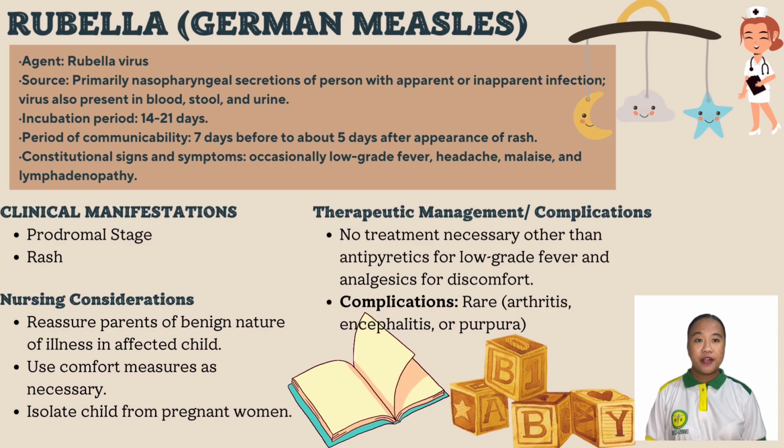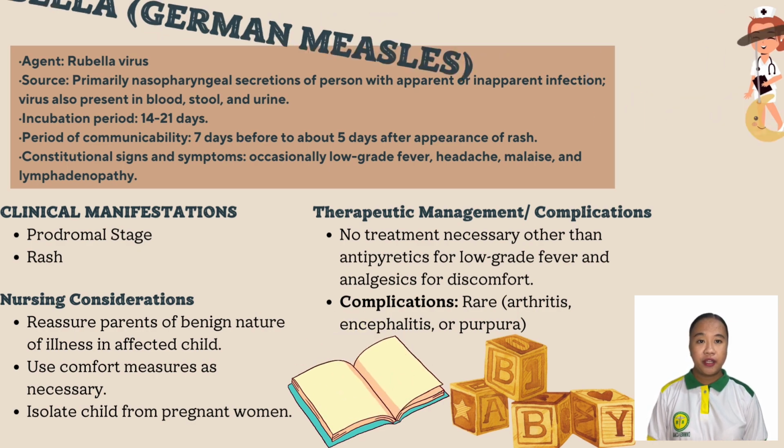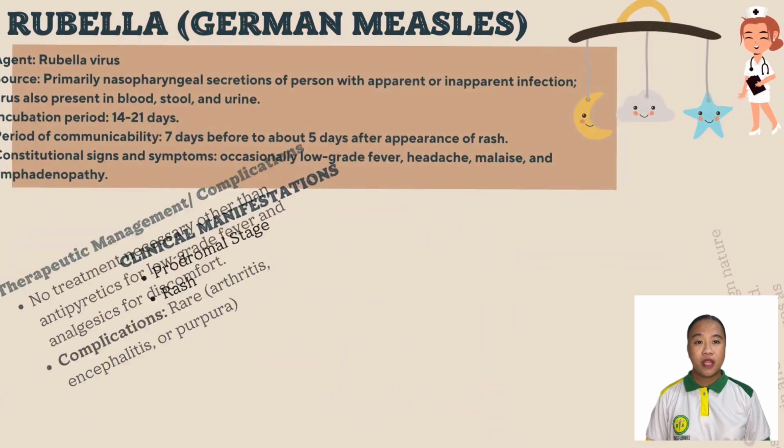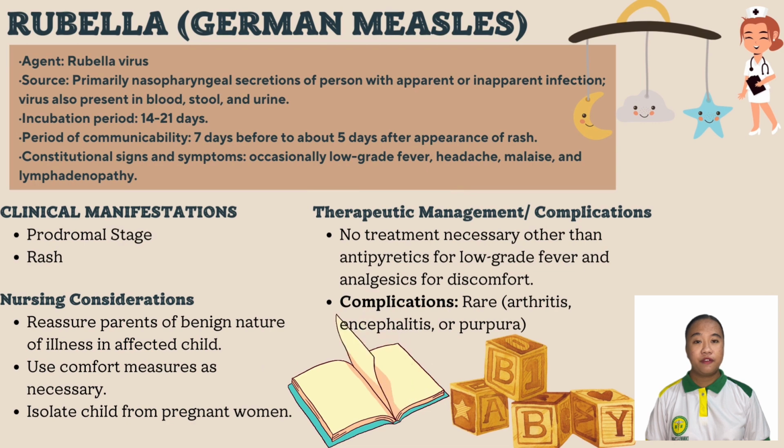Rubella is caused by a virus that's passed from person to person. It can spread when an infected person coughs or sneezes. It can also spread by direct contact with infected mucus from the nose and throat. It can also be passed on from pregnant women to their unborn children through the bloodstream. Clinical manifestations, prodromal stage, consist of low-grade fever, headache, malaise, anorexia, mild conjunctivitis, coryza, sore throat, cough, and lymphadenopathy. Lasts 1 to 5 days, subsides 1 day after the appearance of rash.